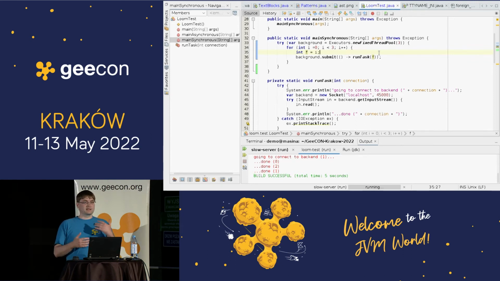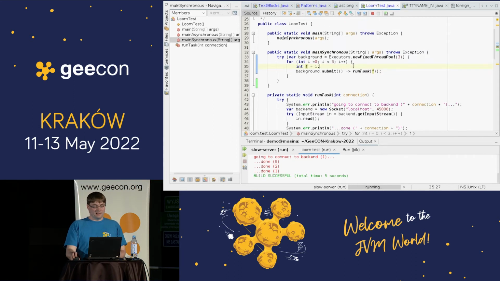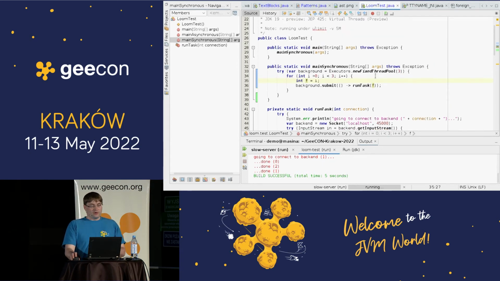It surely doesn't scale to 1 million threads, for example, in one VM, or maybe even on one computer. And if you would like to know why it's needed, I would suggest to read the JEP. It's pretty well written. In this case, because I don't want to try to run a million threads here, because